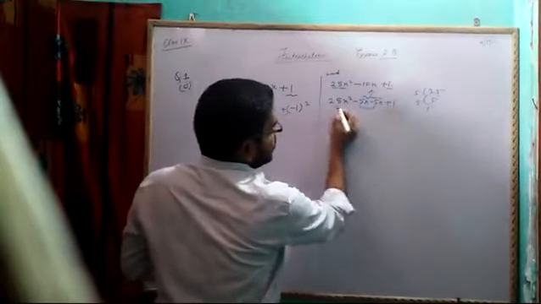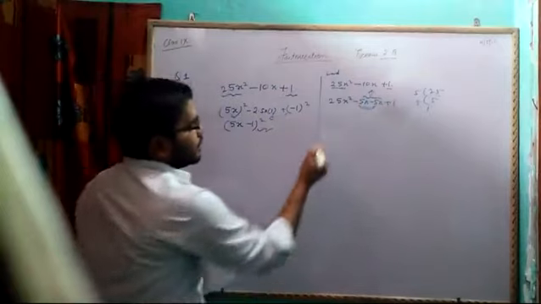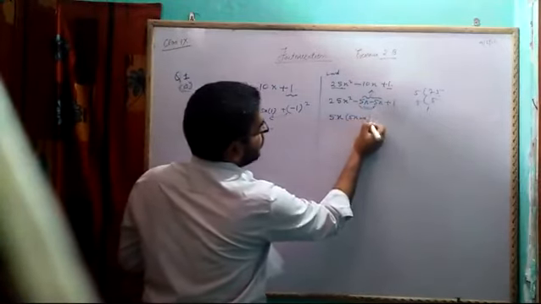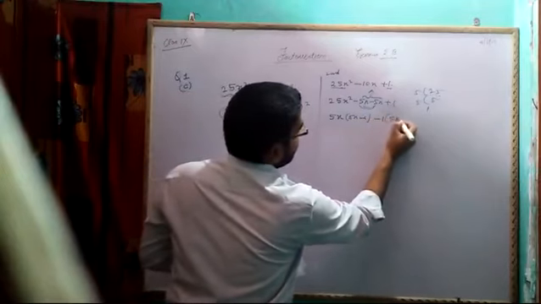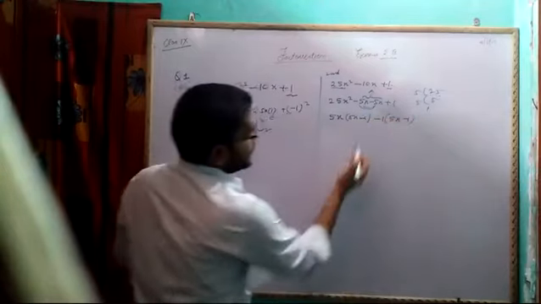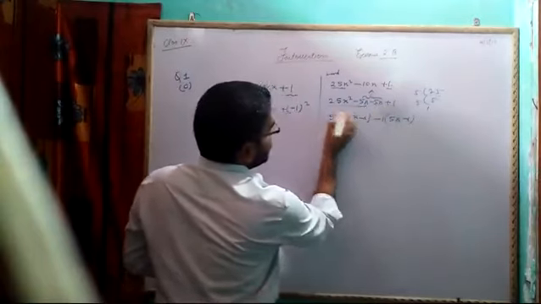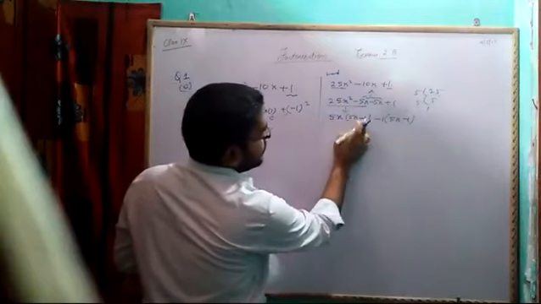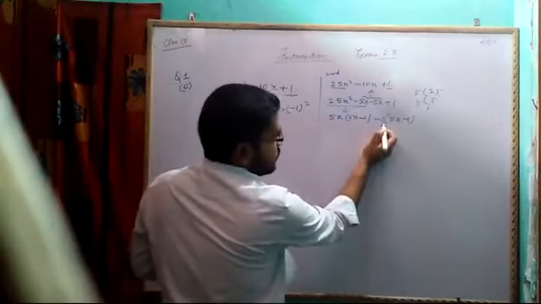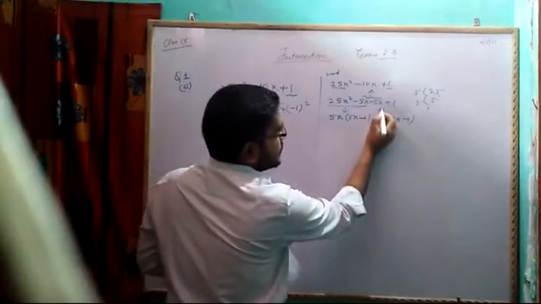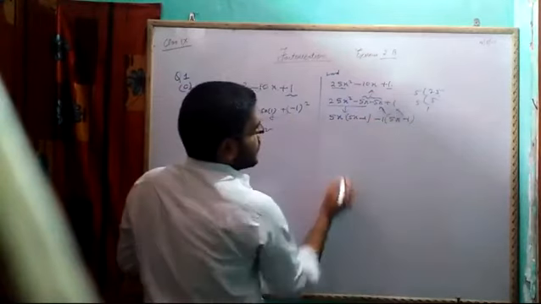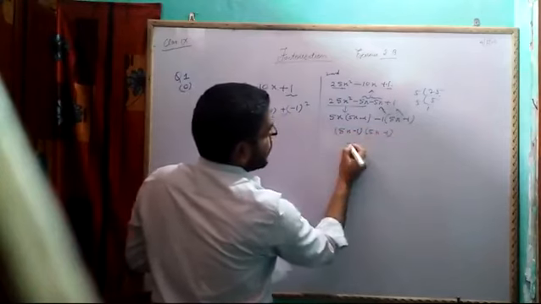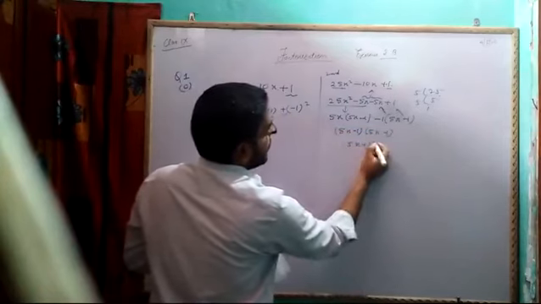Their product will give you plus 25x square. So here you can write 5x common: 5x into 5x minus 1, minus 1 into 5x minus 1. I hope it is clear. These two terms you have brought here, so it will be 5 into 5x is 25x, 5 into minus 1 is minus 5. Then if you take minus 1 common, minus 1 into 5x you will get this term, minus 1 into minus 1 you will get this term. Now you have 5x minus 1 multiplied with 5x minus 1. So this is very simple: 5x minus 1 whole square.